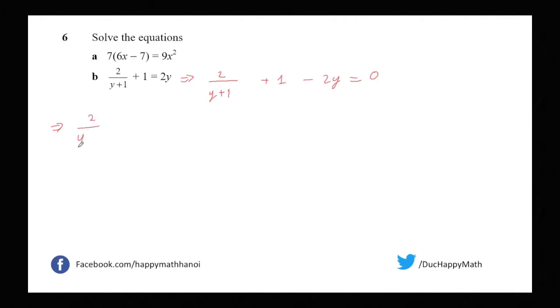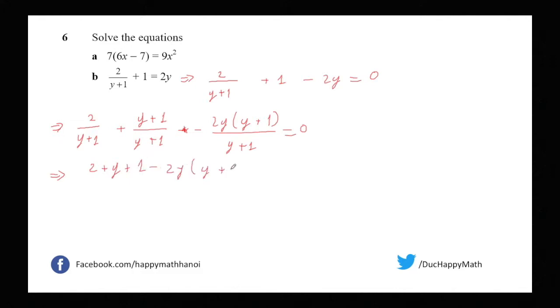It means I change 1 to y plus 1 over y plus 1, and minus 2y times y plus 1 over y plus 1. So all three terms have the same denominator y plus 1, so I just do the operation on the numerator only: 2 plus y plus 1 minus 2y(y plus 1)